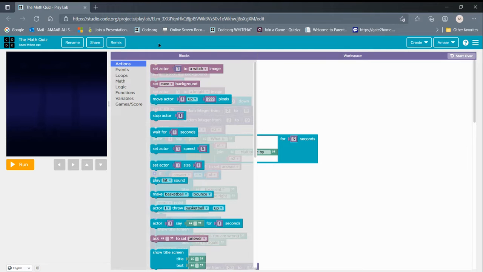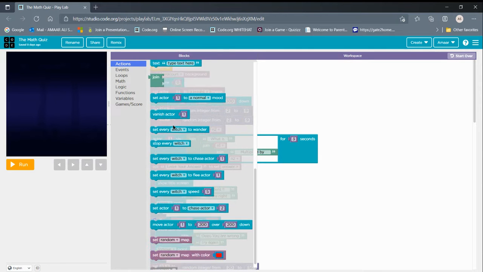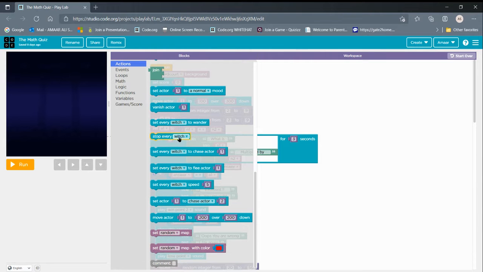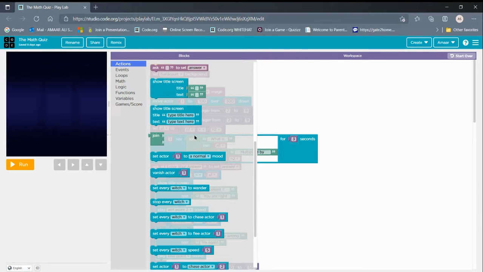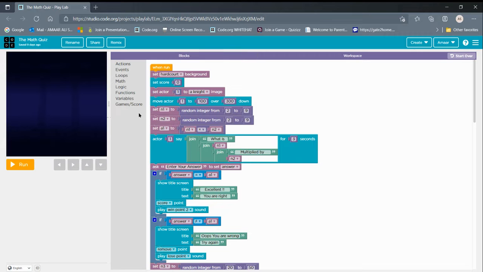Then go to actions and after 1 say, this we will take, and then go to actions, take the join block and put it here.